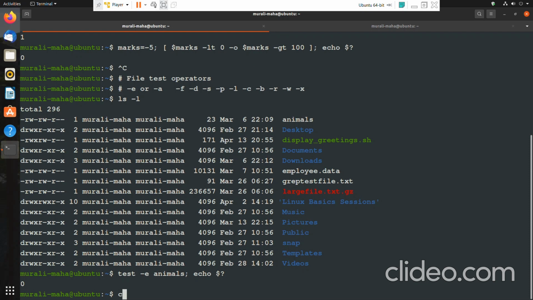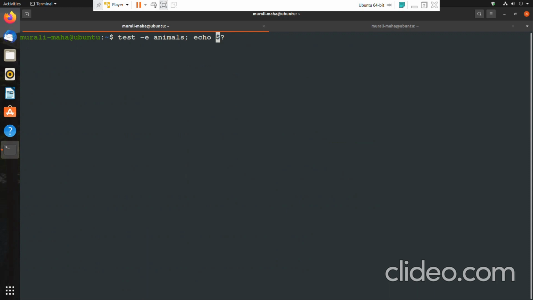Instead of explicitly specifying the test command, as we know, we can always substitute it with a pair of square brackets. So I can specify it within the pair of square brackets. Yes, it is 0. Let me check whether there is a file called fibo.c. It doesn't exist.